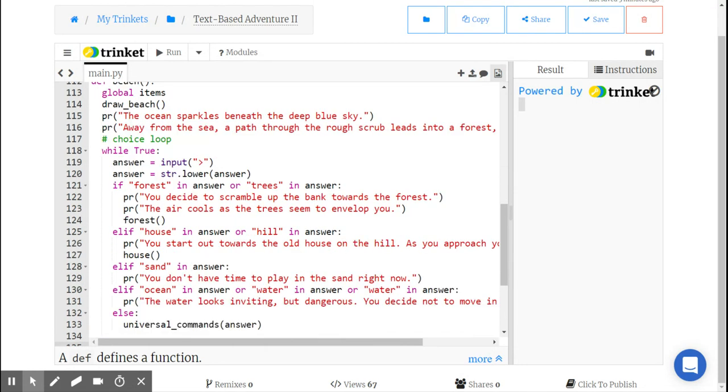I've got this while loop. If forest is in the answer or trees is in the answer, I'm going to go there. If house is in the answer, I'm going to go there. If sand is in the answer, I'm going to say you don't have time to play in the sand right now. However, there are a whole lot of other things that I might want the user to have access to